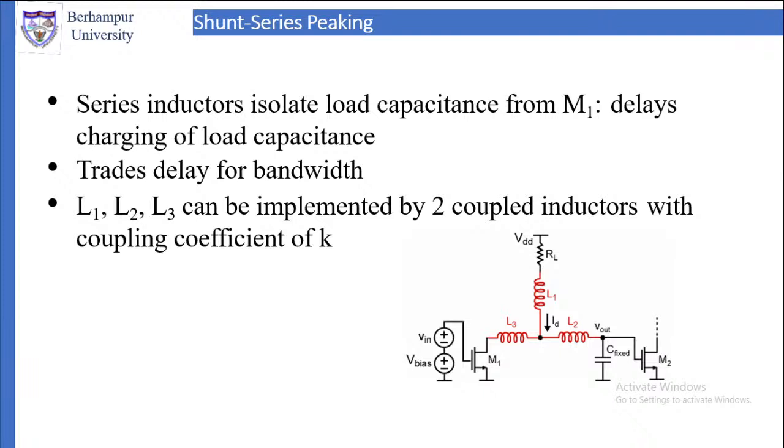If we want to isolate the load capacitance from the first transistor M1, then, as you know, capacitance, its opposite is inductance. Therefore we use series inductors. So they will isolate the load capacitance from M1. Now when you have LC in series,